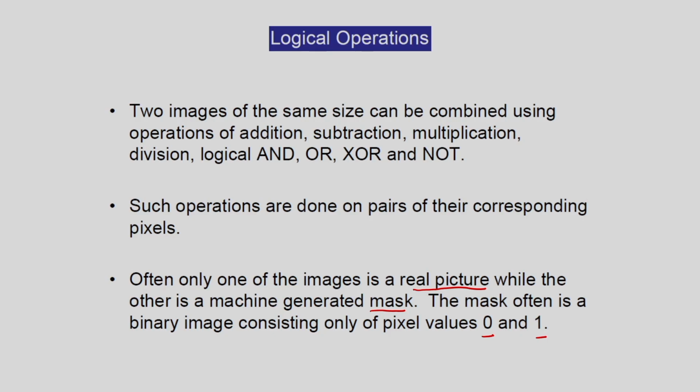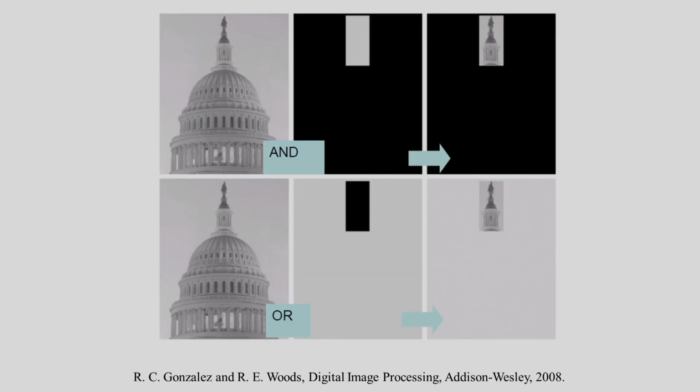So I can show some examples of these logical operations. First one is the AND operation. I am considering the image, the first one is the image, and I am considering the mask like this. So if I do the AND operation, then in this case the output will be like this. You can see that this portion will be black, the remaining portion will be black. Similarly, if I consider this mask, and if I do the OR operation, then I will be getting the output image something like this. So I can apply these logical operations, AND operation, OR operation, all these operations I can apply.